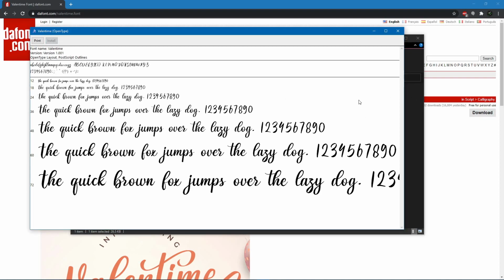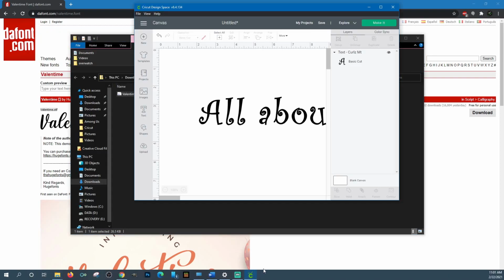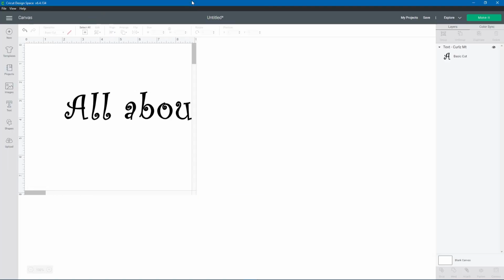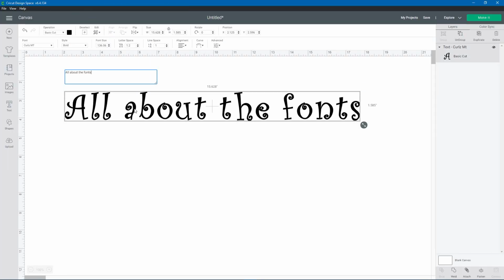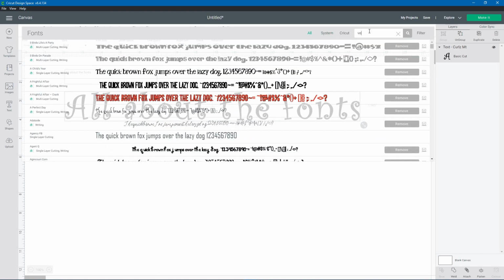Okay, it showed up on my other screen, but it said installing font and then it went away. Once it goes away, it's installed. And I won't be able to click it again because it's already installed. So if I now go back to Design Space, and the one that I just installed is called Valentine. So if I go to all and search Valentine,